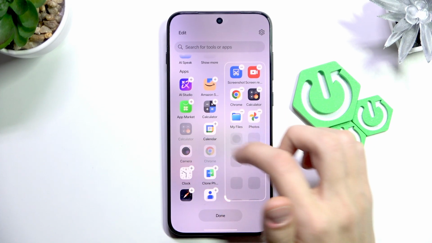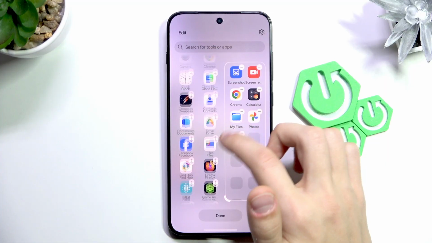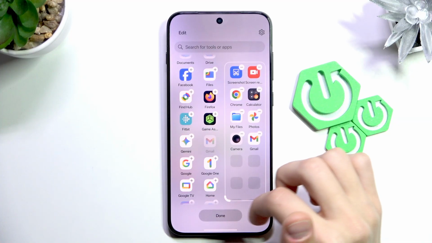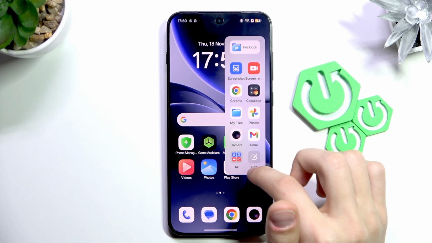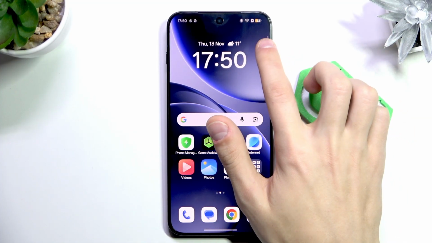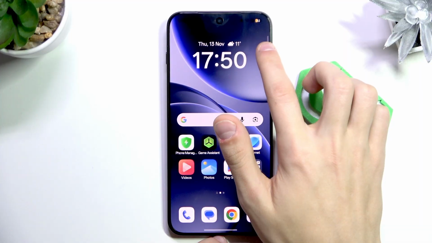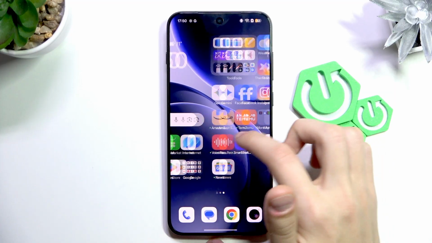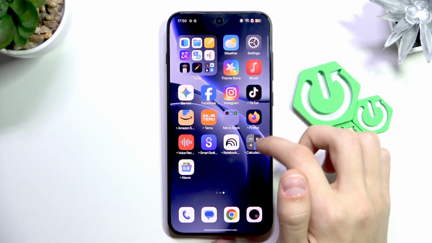For example, let's do the camera by tapping the plus icon, and let's also add Gmail. And if you press done, it's going to add both of these apps. As you can see, we have camera and Gmail. So this is how you use the Smart Bar, and it's pretty much accessible from most of the apps, mostly from the apps that are in